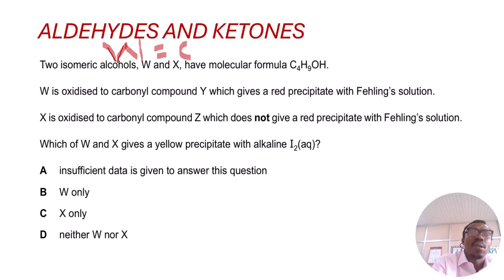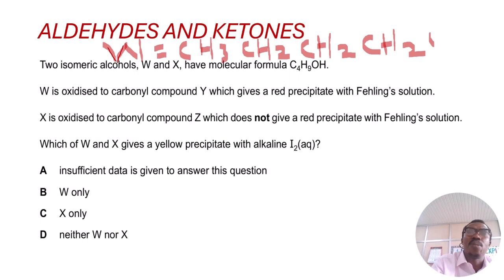So W should be the primary alcohol, which is CH3CH2CH2CH2OH, butanol, which is a primary alcohol. If it is oxidized, it will give an aldehyde that gives a red precipitate with Fehling's solution. Then X is oxidized to a carbonyl compound Z, which does not give a red precipitate with Fehling's solution. That means X will be a secondary alcohol,